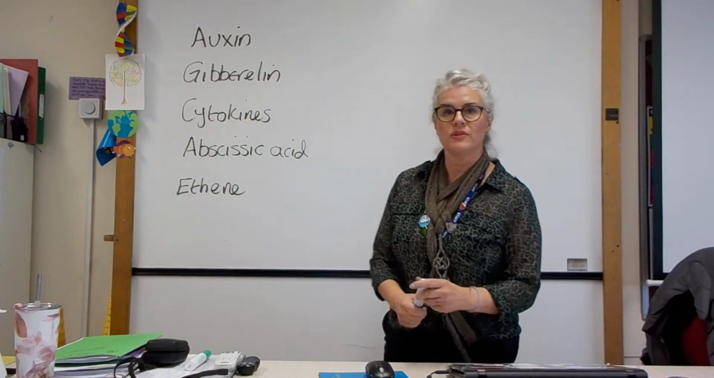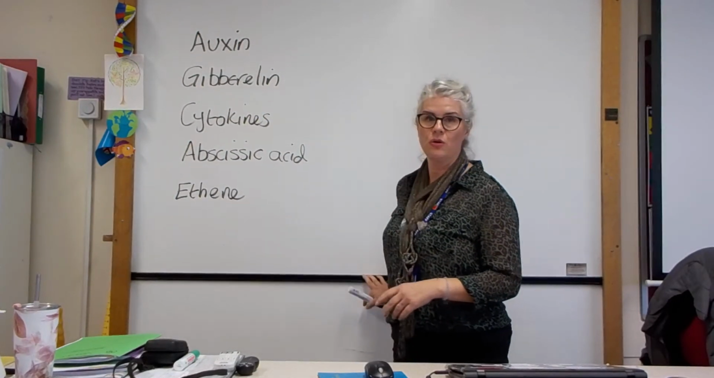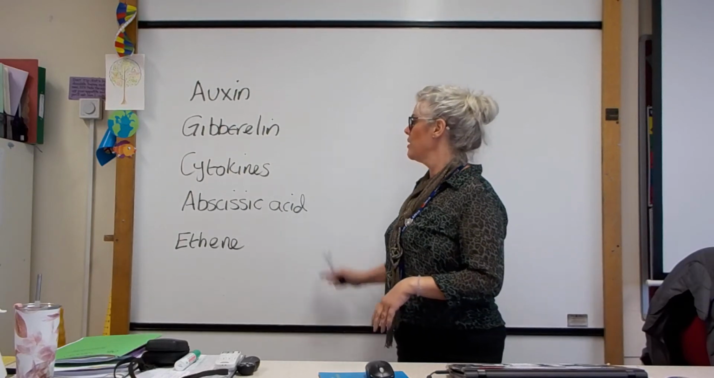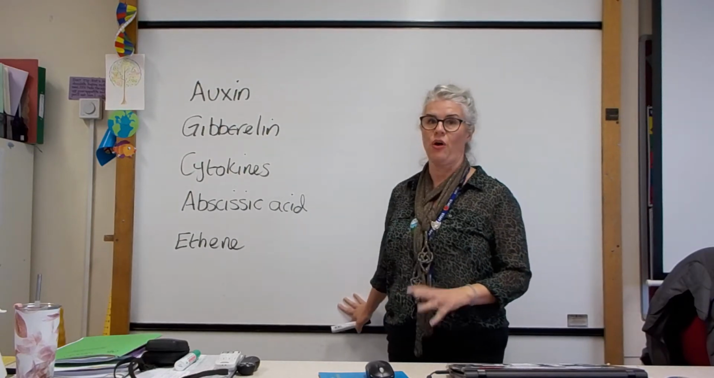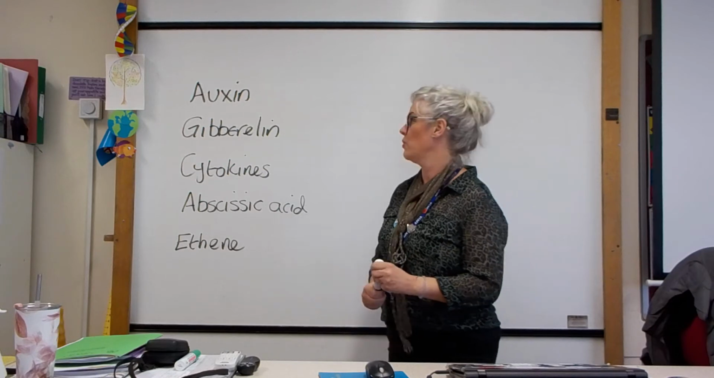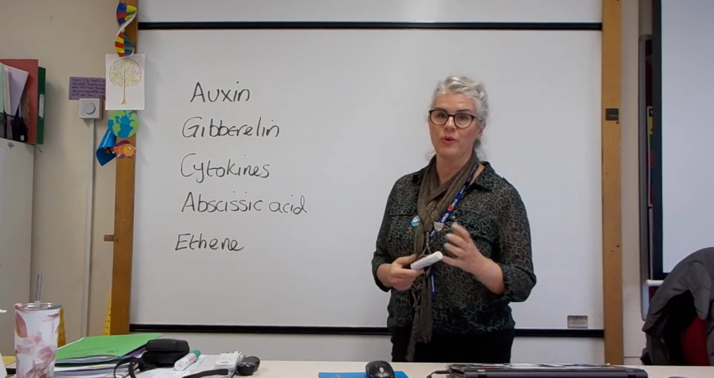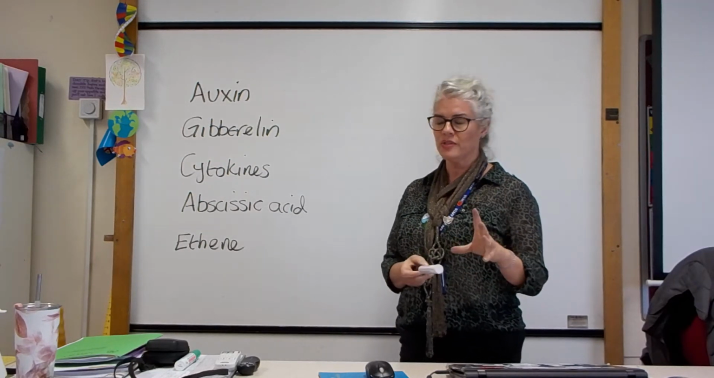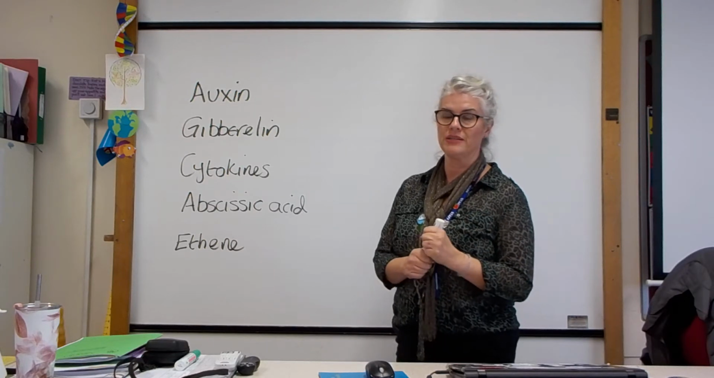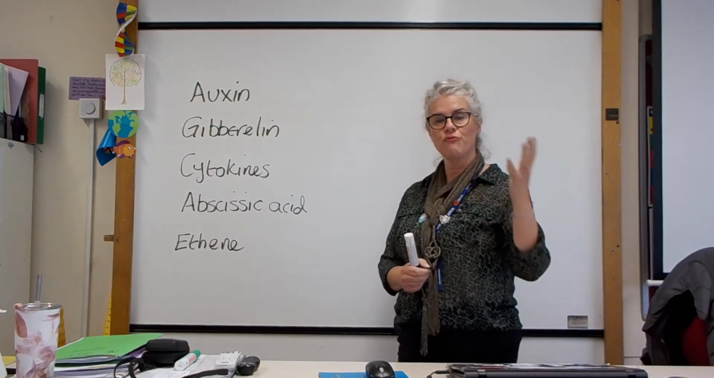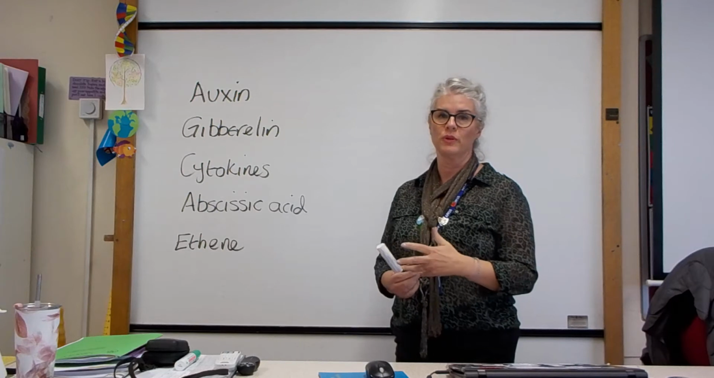Today we're going to start talking about plant hormones and plant responses. These are what's called the big five, the plant hormones that we're going to talk about. And today I'm going to start with auxin. Auxin is something that you came across at GCSE, and it affects the direction that the plant will grow